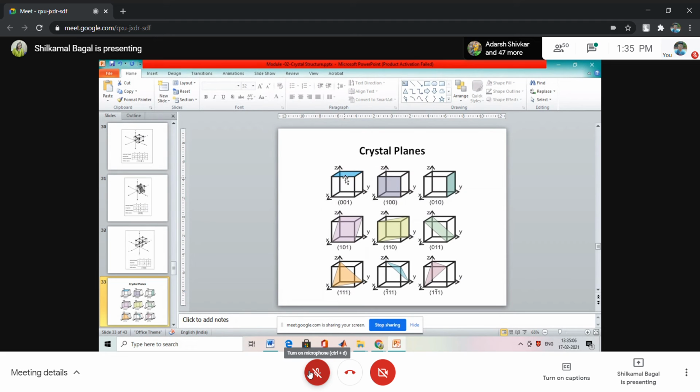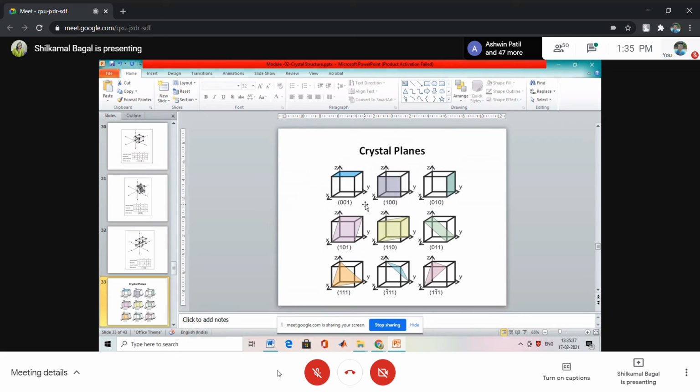Okay, and so its indices are, so उसका intercept along x axis क्या होगा? Infinity ना. It will never intersect. Also along y axis infinity, and along z axis 1 unit. It cuts at top corner na, that is the 1 unit. So reciprocal intercepts are infinity, infinity and 1. So taking reciprocals of that intercept क्या होंगे?